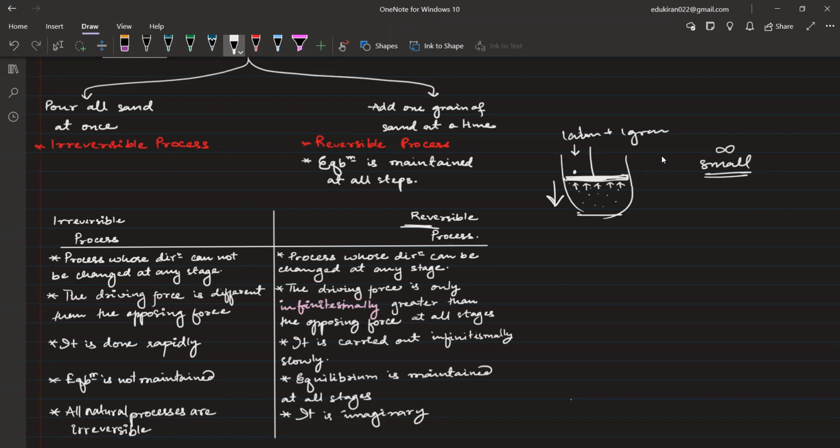ठीक है, यहाँ पे क्या होता है? The driving force is different than the opposing force. अब अगर आप पूरा का पूरा completely pour the sand, then this force will be very different from the opposing force. This is your opposing force, and the grain that you are putting, that is your driving force. Okay, so in the case of reversible, this driving force will be very very very small, थोड़ा सा ज्यादा होगा, right? So that is infinitesimally greater than the opposing force, and in the irreversible case it will be very different. Clear है देवांगी? यस सर।